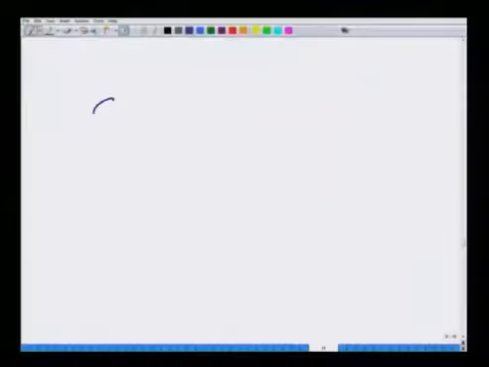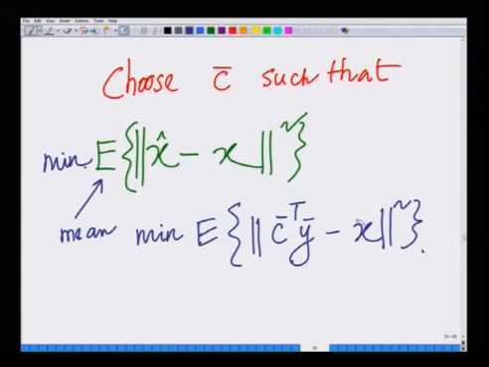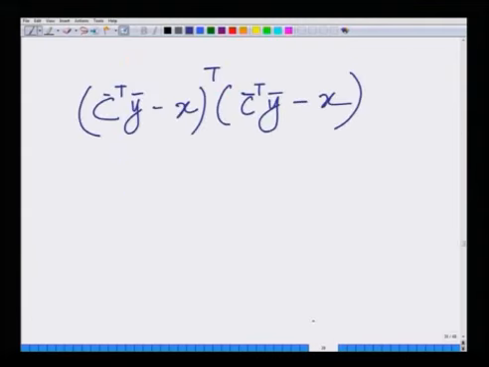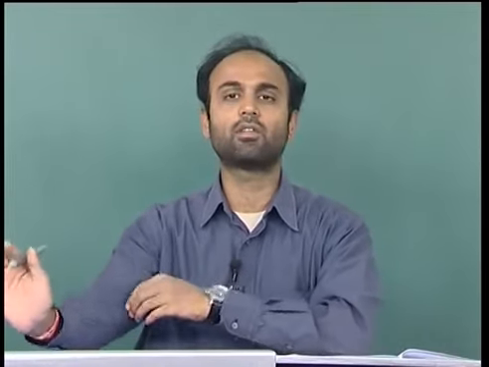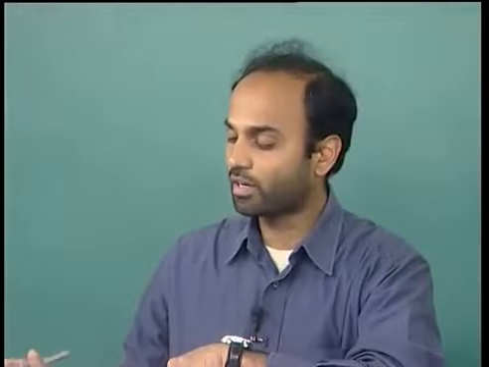The squared error is simply C transpose y bar, as we have done several times before, minus x bar transpose into C bar transpose y bar minus, sorry, this is not x bar, but just let us make it x. Let me also correct this over here. I just want to make this x, because right now we are not considering a vector, although it can be very naturally extended to the case of a vector. It is very trivial to extend it. However, to limit the complexity, I will only consider estimation of a scalar quantity from a vector in this case.